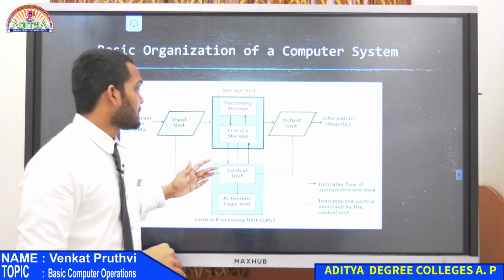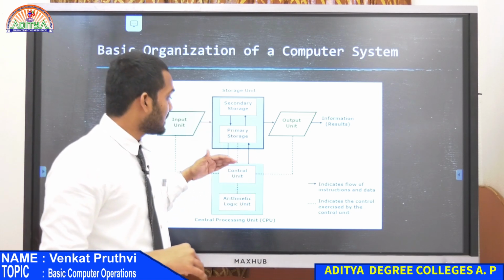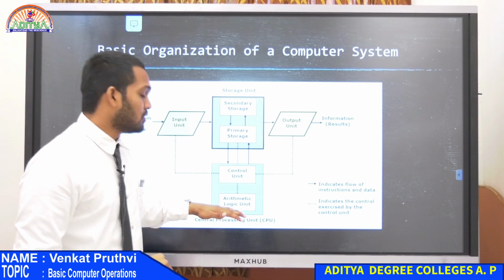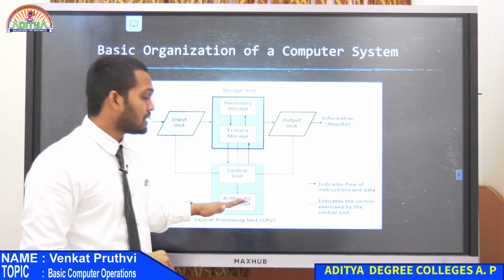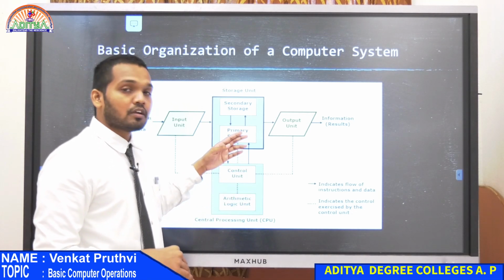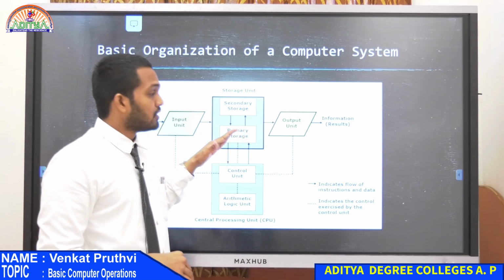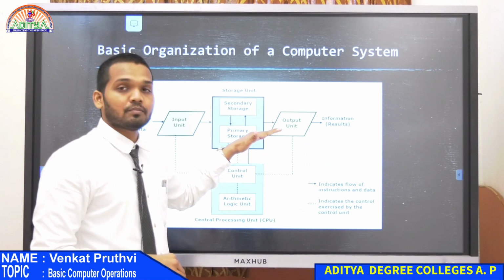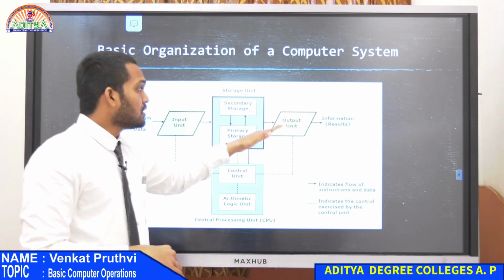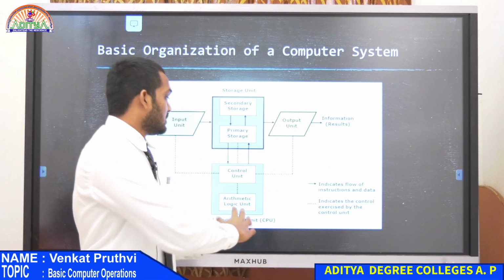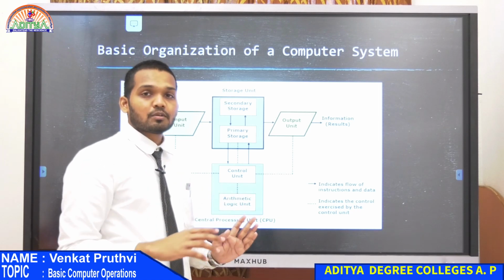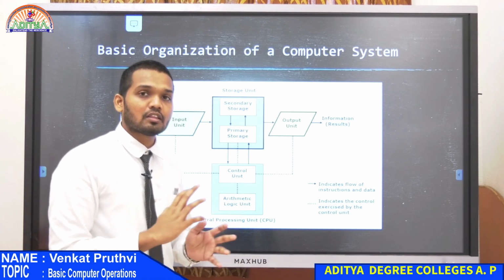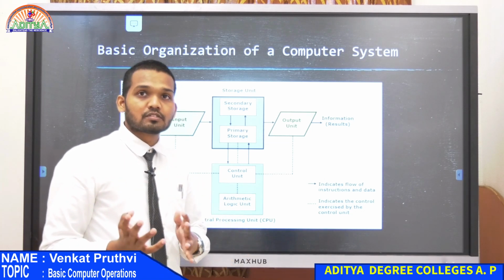After this, whatever process has been done, the control unit again sends the output that the ALU, or the arithmetic and logical unit, has performed, and that will be transferred into the storage unit. From the storage unit we have the output displayed or given to the user. In the output unit, what happens? The arithmetic and logical unit is all based upon assembly or machine language. What does machine language contain? It contains all the data in zeros and ones.